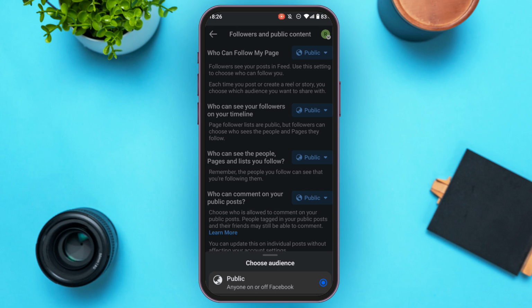But in some Android devices, only me and friends options will not be available. Unfortunately for my device too, those options aren't available. If you see that option, all you have to do is tap on the option only me. After that, your Facebook page followers will be hidden. So that is how you hide Facebook page